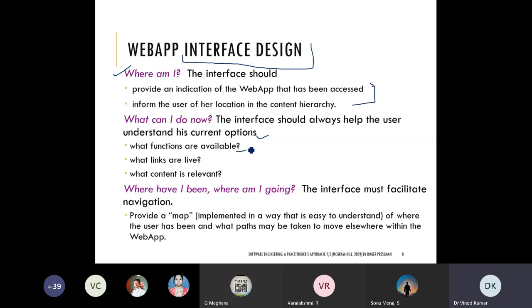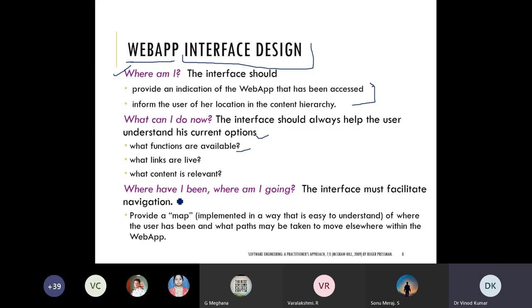Different options will be there. Whatever discussion we are doing here in web app design, consider any website in your mind, then you will be able to understand this whole lecture, because our discussion is heavily dependent upon web apps.